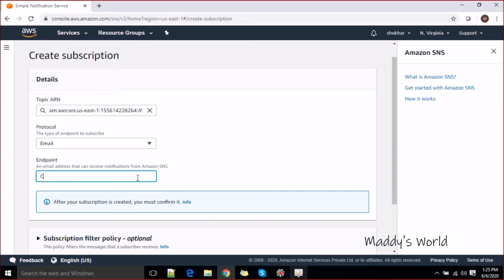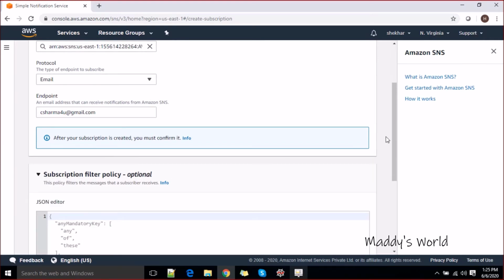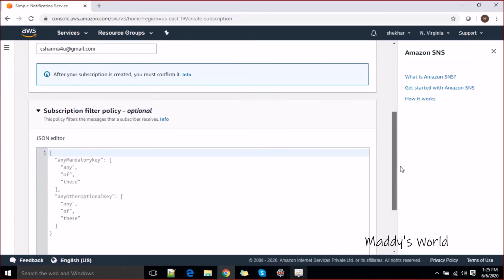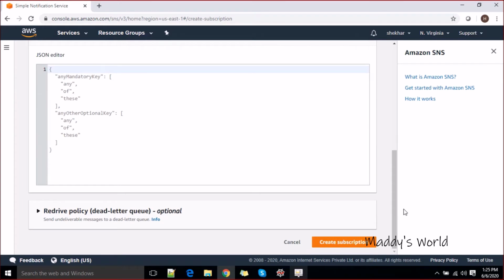And I would say send it to csharma4u@gmail.com. And come down, subscription filter policies, it's optional. If you are looking to filter something, you can create some policies here. Retry policies, dead letter queue.